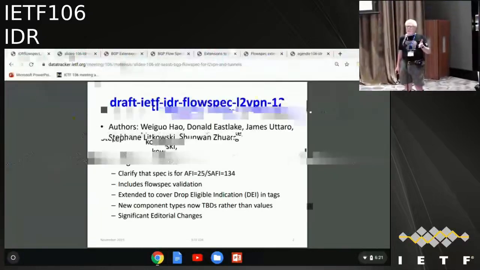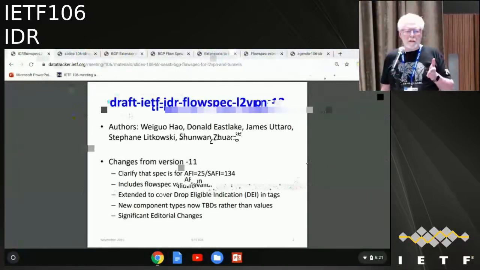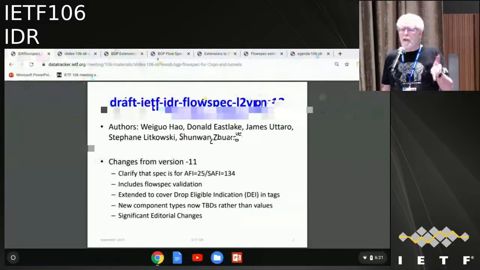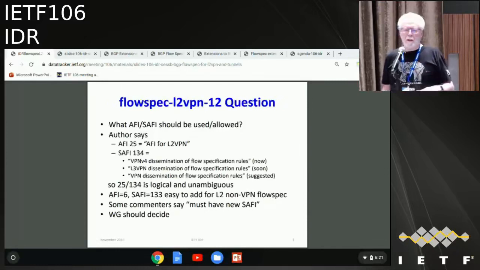It includes some stuff about validation, so you can tell if flow spec is coming from a source authorized to send that. It has a very minor extension for the drop eligible indicator bit, which is a bit in VLAN tags, so it can be checked and set. It basically defines new component types for L2, and those now have TBD values rather than fixed numbers, which used to be in the previous version. And then, of course, there are various editorial changes. I'd like to resolve questions at the end because I want to make sure I get through the expository text on the drafts. But the question arose on the mailing list with the expert on whether